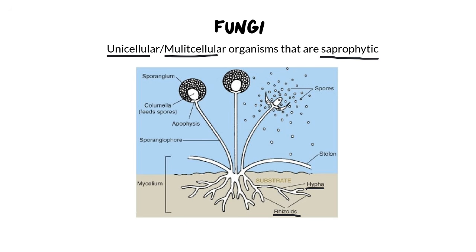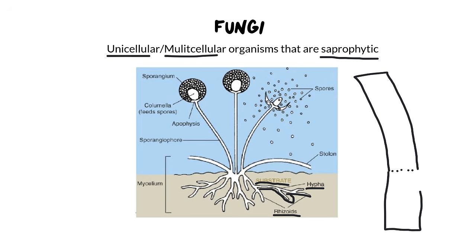Hyphae, on the other hand, are these long, elongated sections of the rhizoids. And this is what sometimes becomes quite confusing. Hyphae are basically long cells. So if I just sketch one here, they're a really long cell. But what's interesting is they don't have an end. Normally there'd be an end to the cell here. Instead, there's just another cell that is right up against it with no cell wall. And the reason for that is that it allows nutrients to freely move through the cells very, very